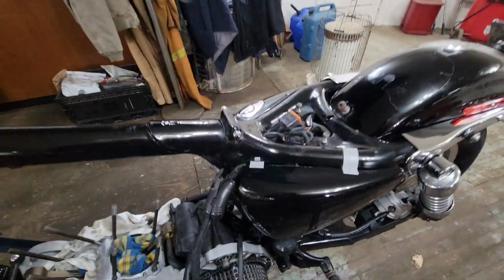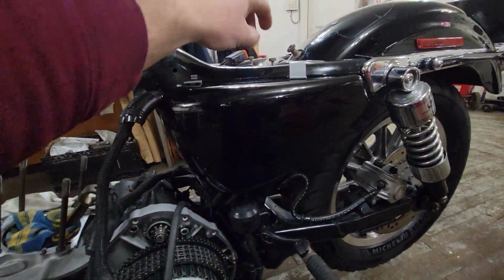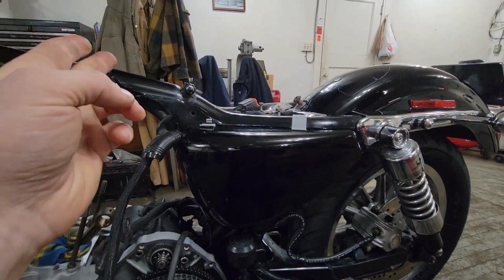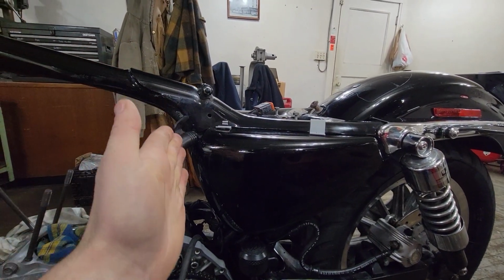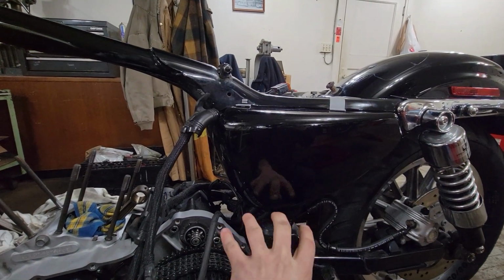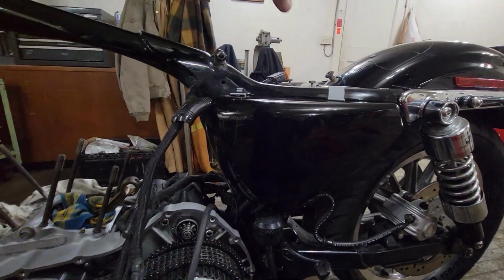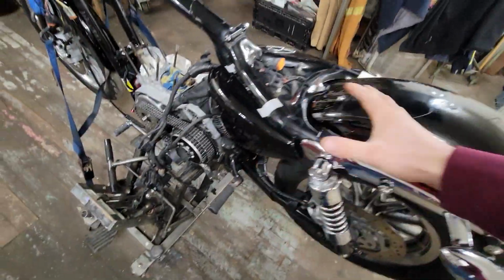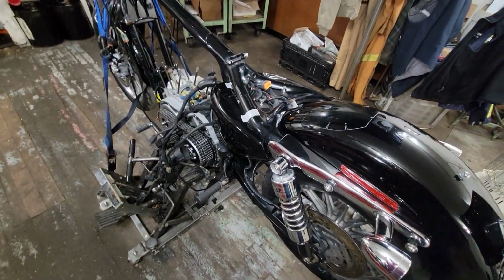And then under the seat, this is like a half tube on Sportsters. Kind of interesting. But then you do have some triangulation. You've got your single tube that comes down here, and you've got two tubes that come there. They all meet at the swing arm, and then this top part. So it's actually triangulated pretty good under the seat. It just doesn't look like it because of the covers, and the material's not the thickest, but it's got a